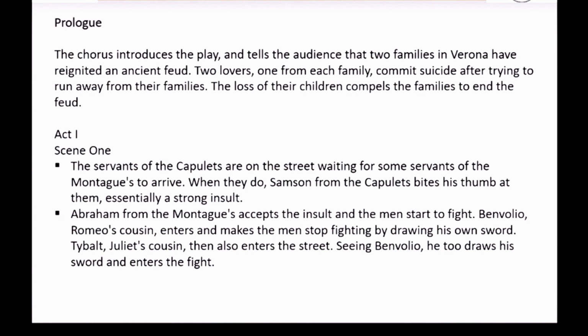Romeo informs Benvolio that he is in love with a woman named Rosaline, who wishes to remain chaste for the rest of her life, which is why he is so depressed. Then in scene 2,